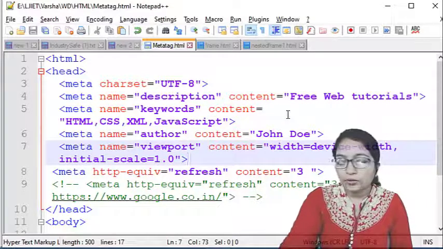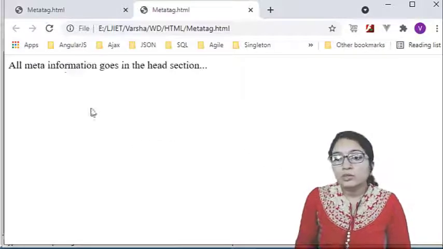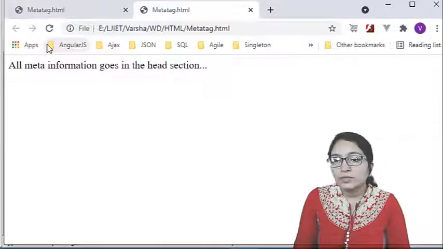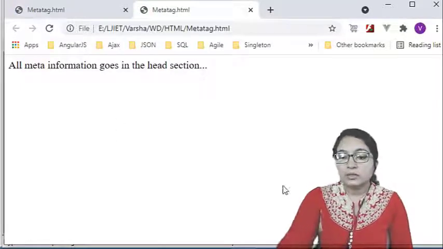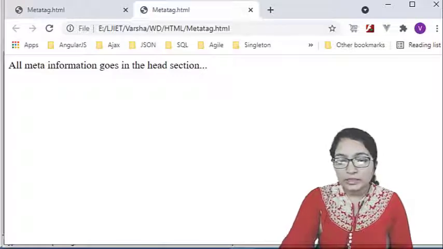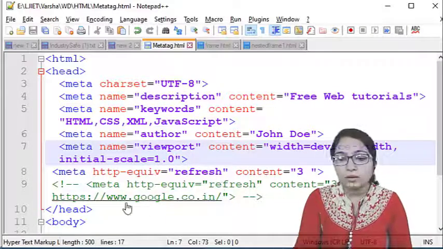Okay, I have not saved the document because I executed the old one first. So just save it and execute it once again, so you will have a better idea about this. Here you can see after every 3 seconds this page is refreshed. See over here. Is it happening? Yes, it is refreshing. But let's see in detail. After every 3 seconds, it will be redirected to any other web page.